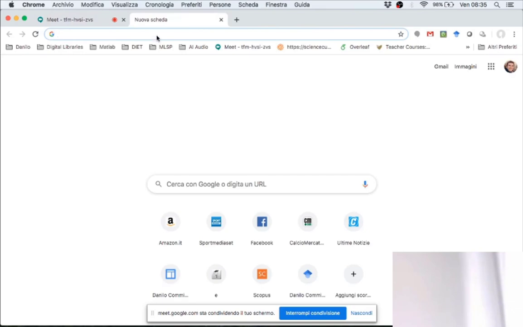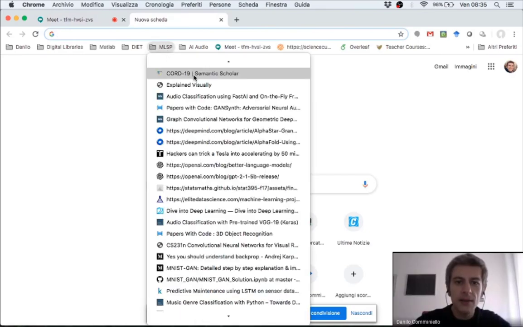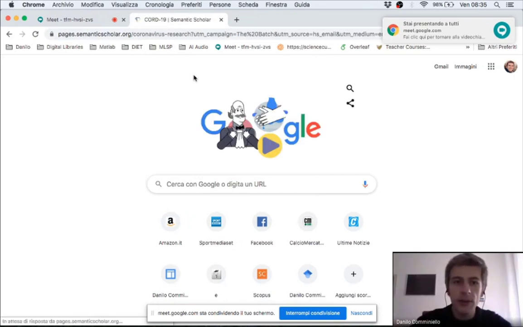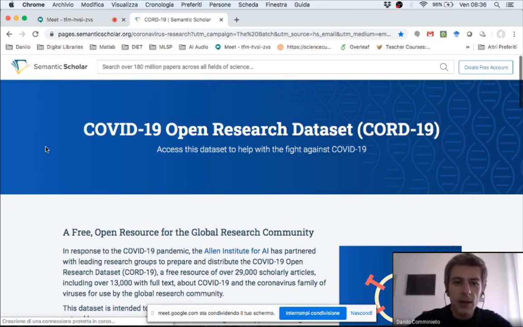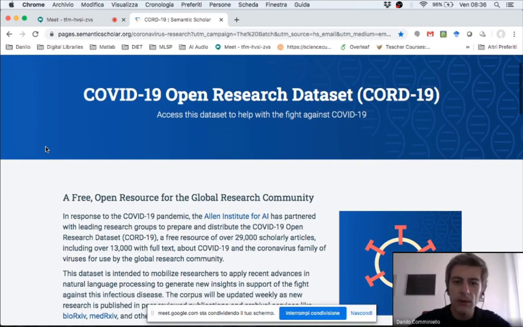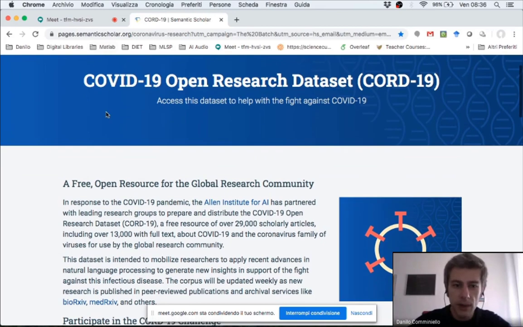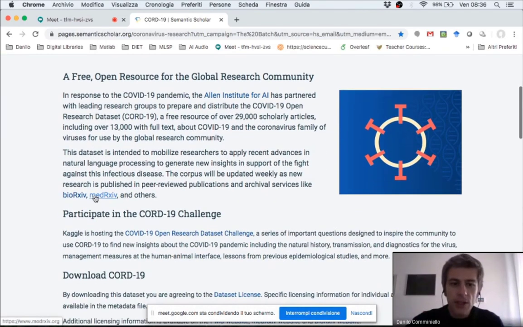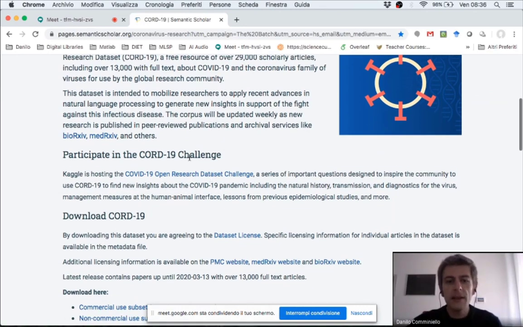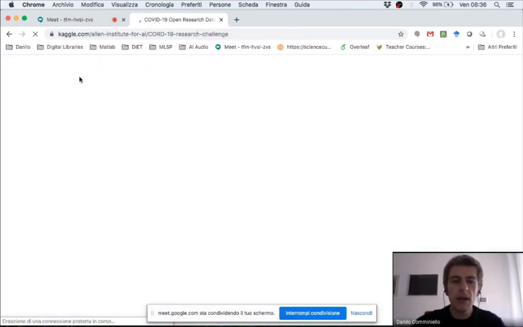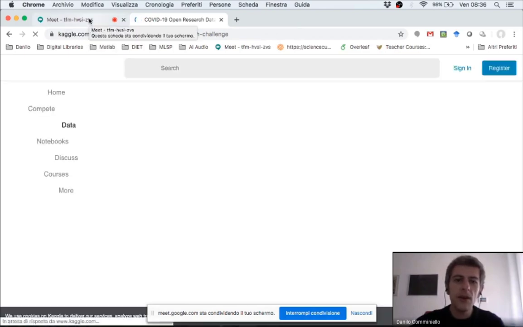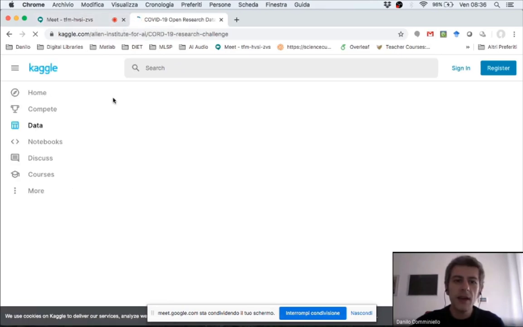I would like to show you something interesting that is unfortunately very current, and it is a data set about all the data that can be found on the COVID-19. There is a challenge on this data set, and I think it is very interesting because it's very well organized. There are a lot of questions, a lot of tasks that can be done. So I think that probably we can see something on this kind of data set to have something very current